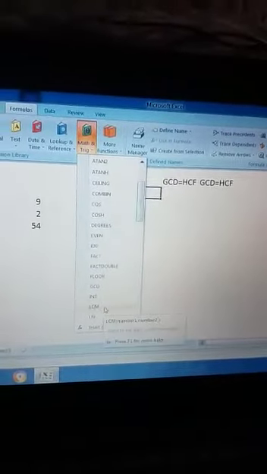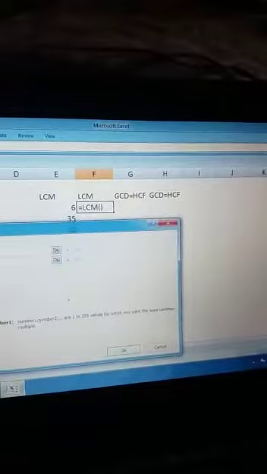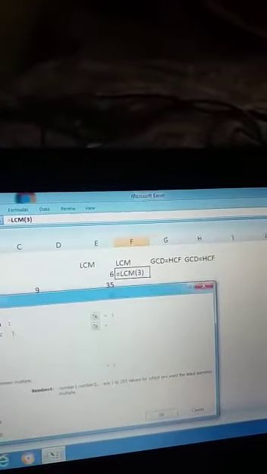Here is LCM. Select it. Now write down its numbers: the first number is 3, the next number is 6, and the next number is 6.